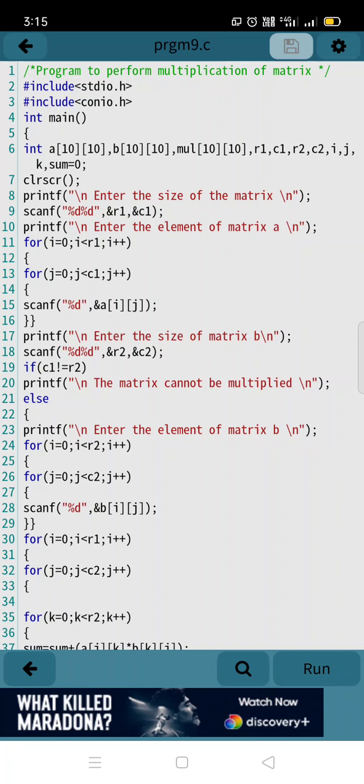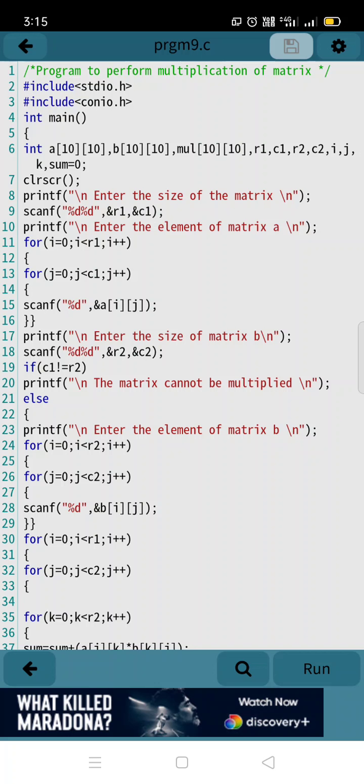Then in the scanf function, whatever values you enter are stored in a memory location using the input function scanf, and the address will be assigned to R1 and C1, that is row 1 and column 1.